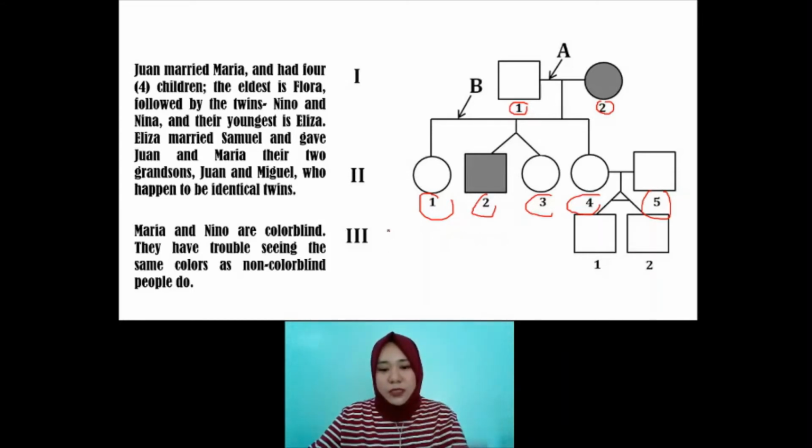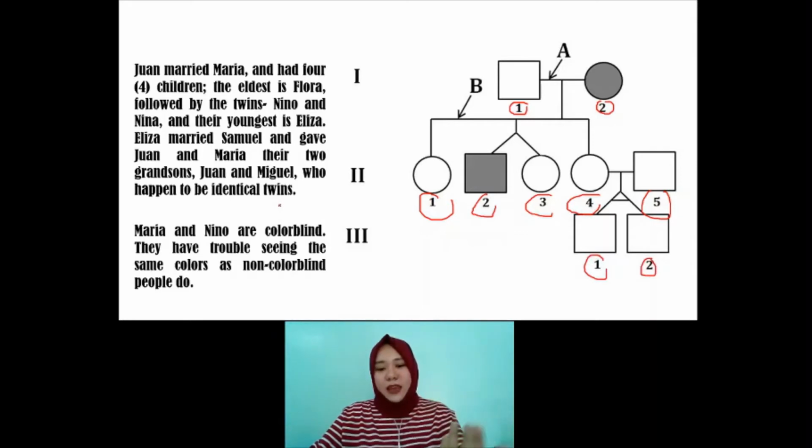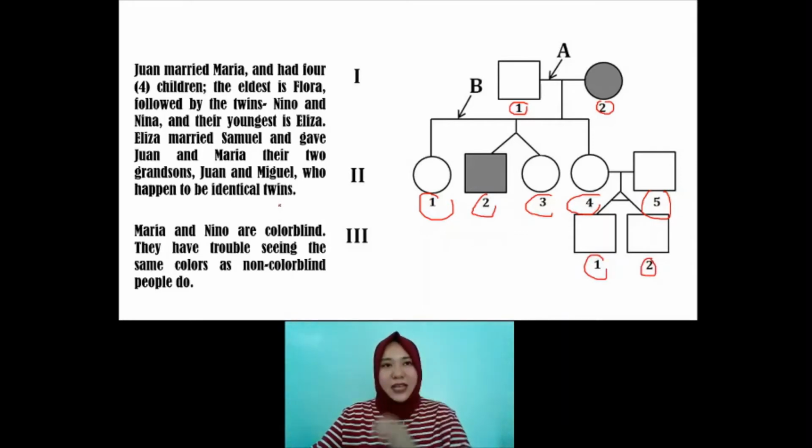So, and then let's proceed to the next generation, to the third generation. As you can see, it starts at 1. Okay? So, you have 1 and 2. Now, again, if your instructor, if your teacher would ask you, which individual is blah blah blah blah, so